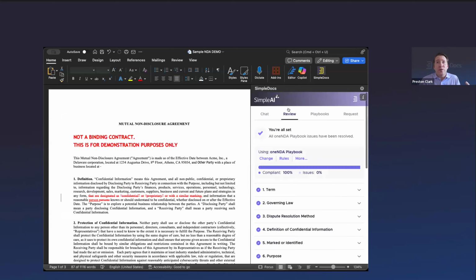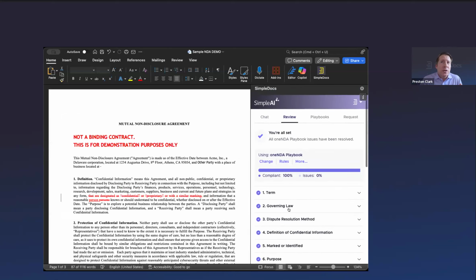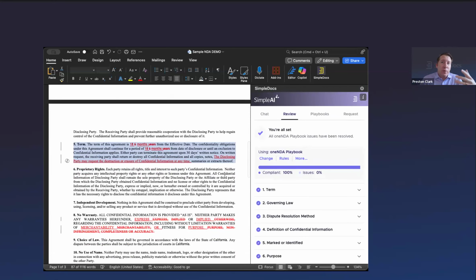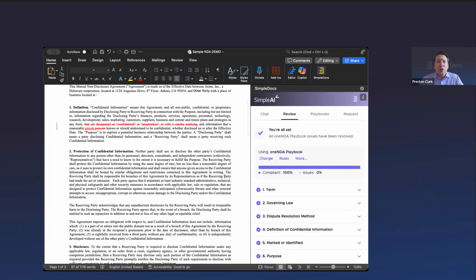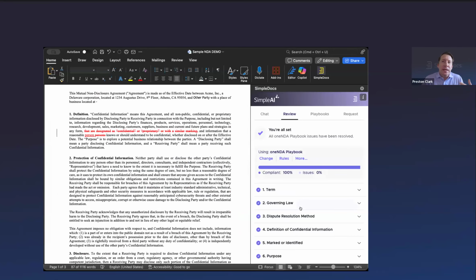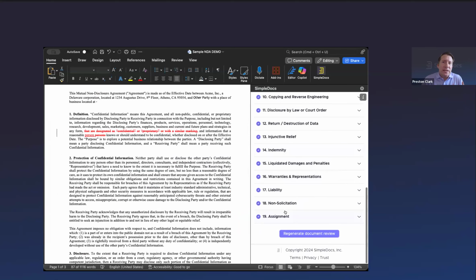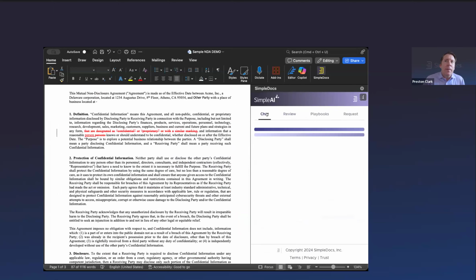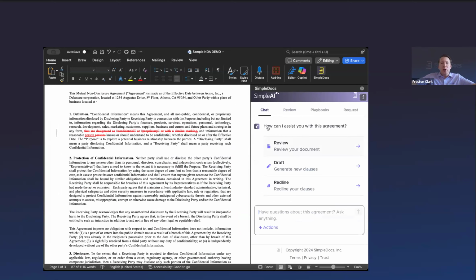Okay, so we went through a full review cycle. All the issues are closed. I will jump over to chat now, but I just want to acknowledge that within a few seconds, you can process a document of 2 pages or 20 pages. And again, every issue that has been identified is now cleared. That's our goal: how do we get to 100% compliance? The chat functionality is much more of an open mechanism to interface with the document. And in the coming days, you'll be able to draft using the Law Insider database in conjunction with AI.